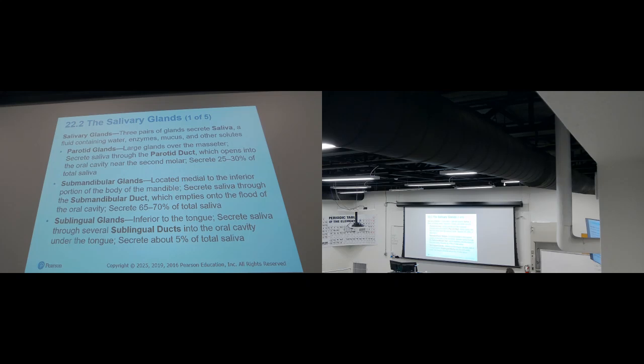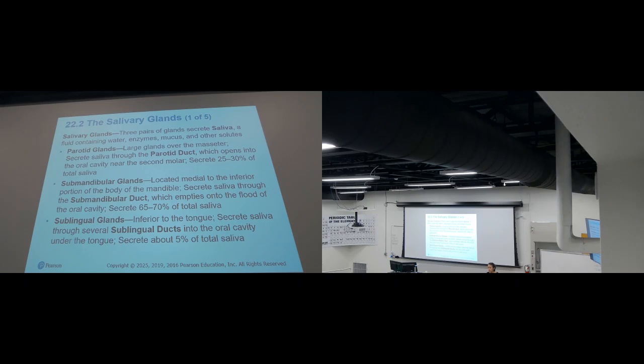Now, the parotid glands secrete 25 to 30% of the total saliva, and we secrete more or less 1 liter of saliva per day. Parotid glands are located over the masseter muscle, this muscle in here. These glands have a duct known as the parotid duct or Stenson's duct that drains in the